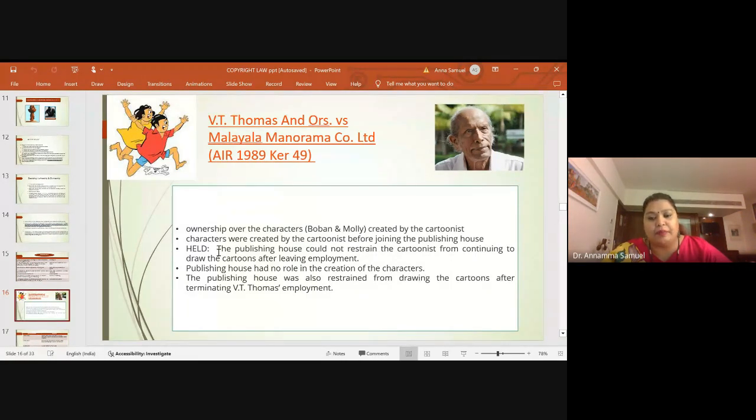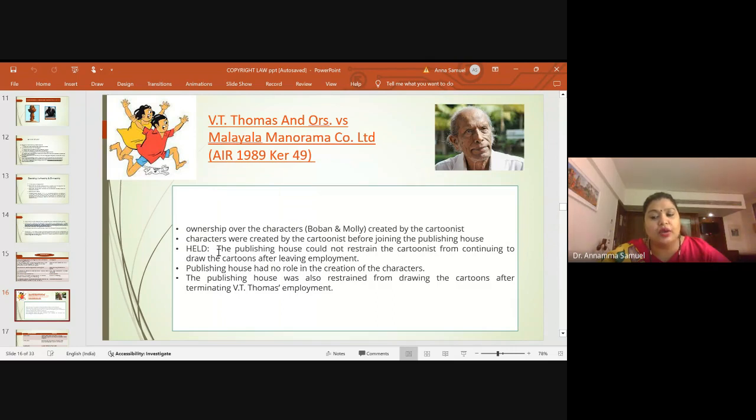self-publication. Now, in this case, the Malayalam Manorama dragged V.T. Thomas to the court, saying that these cartoons belong to the Malayalam Manorama, so V.T. Thomas does not have any kind of right as an artist to carry on the same characters in his publication. But the court in this case, even though much of the copyright aspect is not discussed in the case, decided